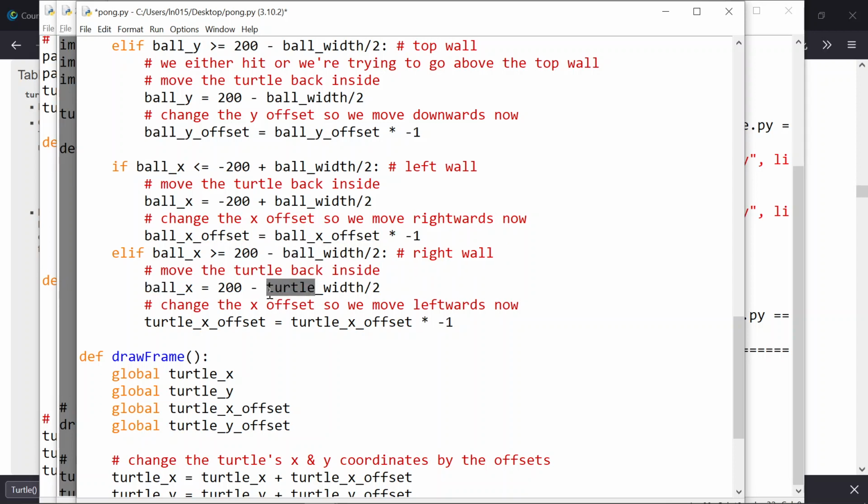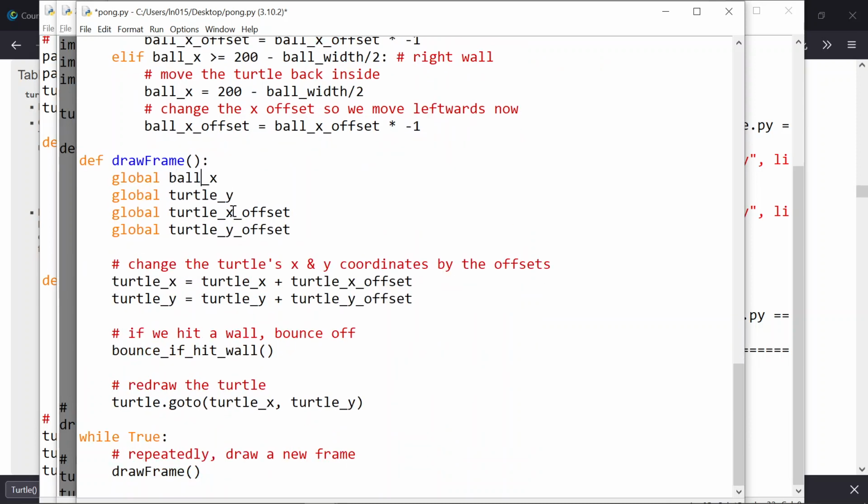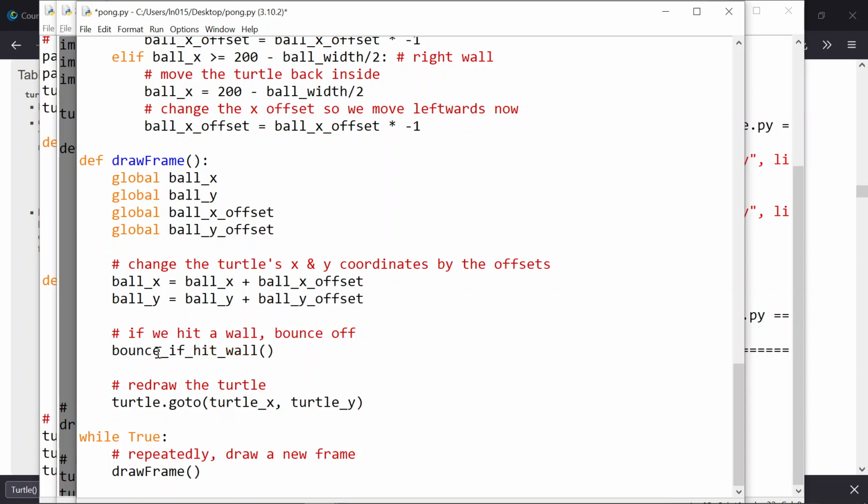ball X. This is the bouncing off stuff right now, isn't it? And then we have draw frame, which is moving the ball X and Y around, of course. Ball X offset, ball Y offset. Ball X, ball Y is changing based on that offset, which is the direction it's moving in, right? We still need to bounce if we hit the wall, and it's finally ball.goto, that new location for the ball to be in, okay? So just to make sure I didn't mess anything up, let me just search for the